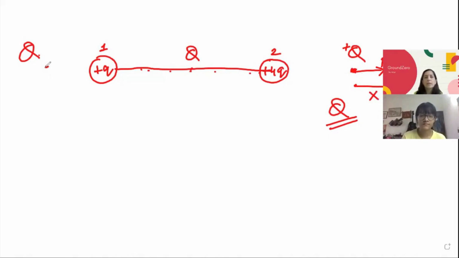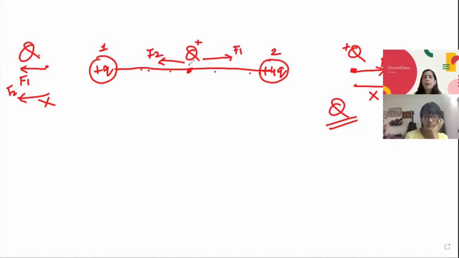Now if I keep it here, what will happen? Again F1 is here, F2 will also be repulsive, right? So again, I can't keep it here. Now let us suppose I place it here. What will be the force experienced, will it be repulsive or attractive? It will be a repulsive one, both are positive. So F2 in this direction and F1 in this direction. Both are repulsive in nature, and F1 and F2 should be equal if you want the equilibrium state to be reached.